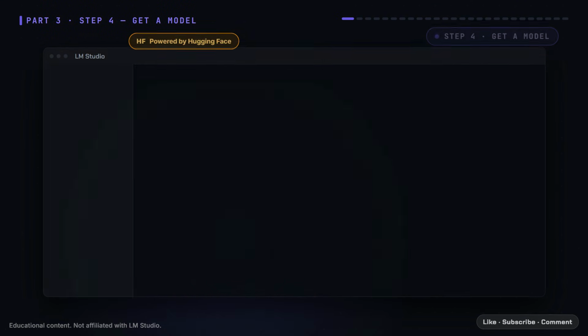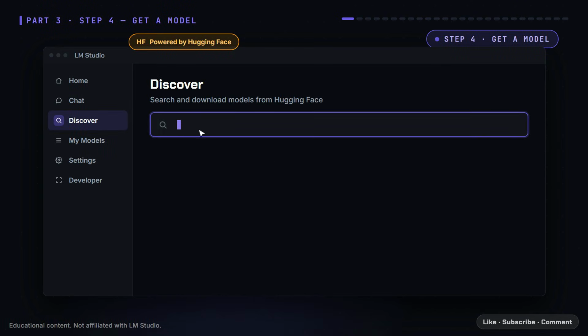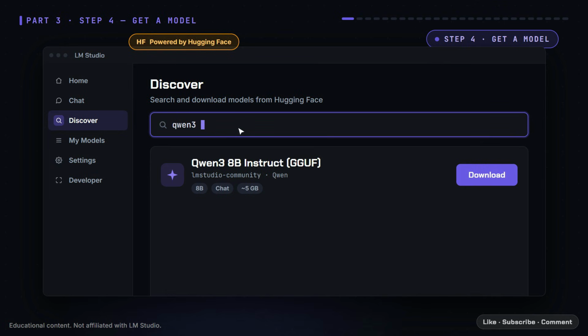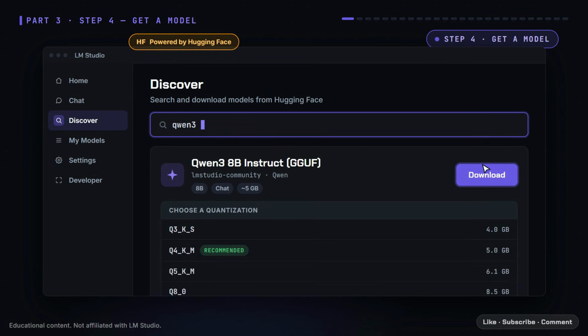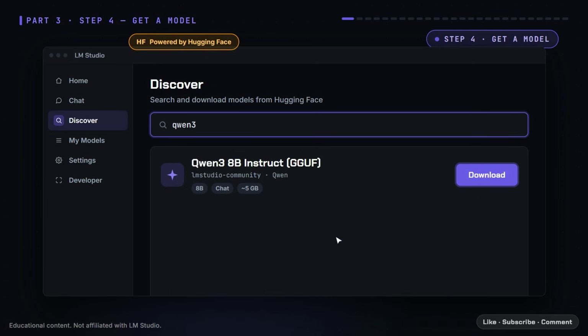Go to the Discover tab. In the search bar, type Qwen3. Click the Qwen3 8 billion instruct model. Now choose a file. This is called quantization. Pick